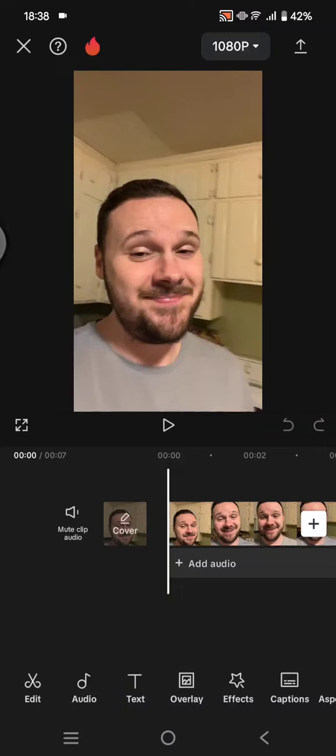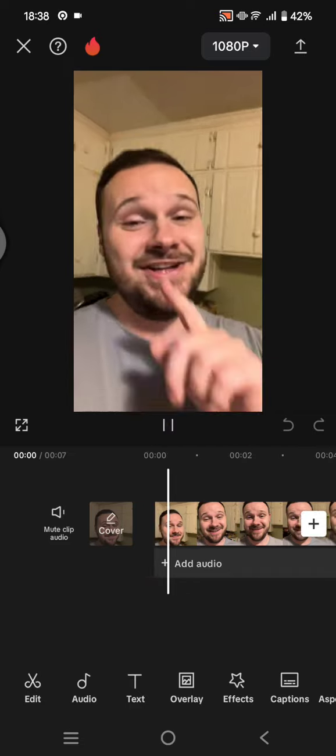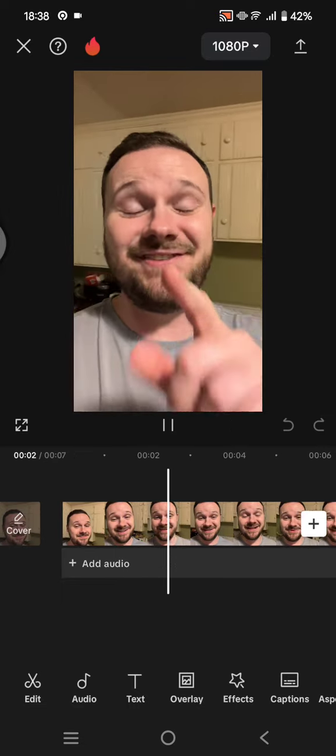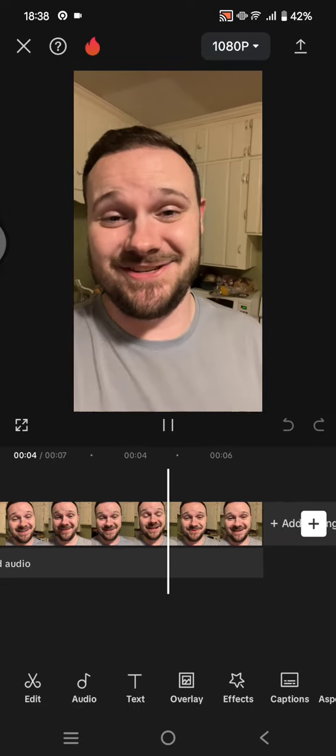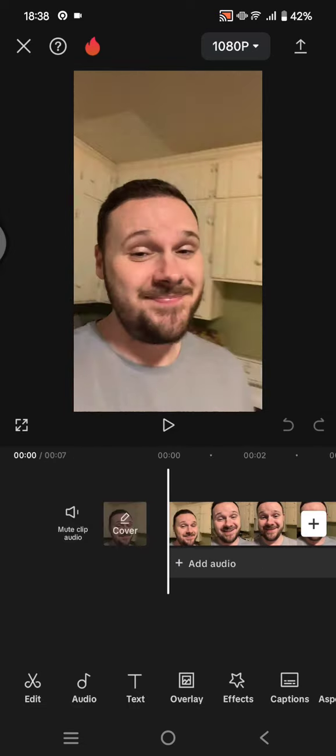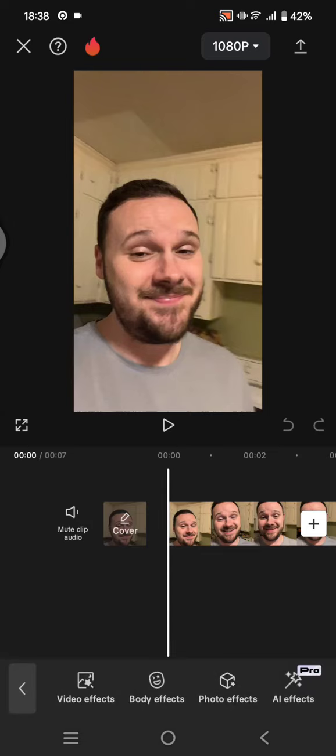On today's tutorial, I'm going to show you how you can cover your face in a video with mosaic effect using CapCut. So just add the video that you want to cover its face. For example, here I'm going to use this video, and after that you can just go straight to effects and